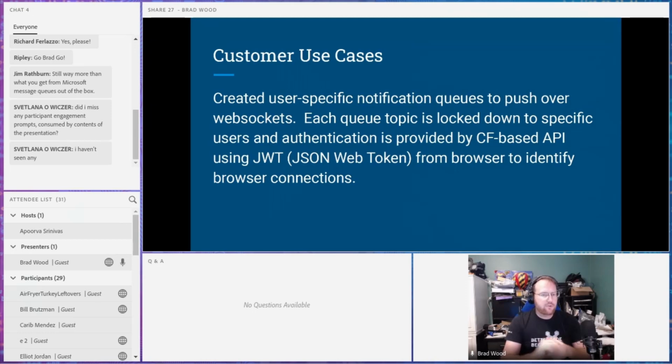We also used it to create user-specific notification queues, which we pushed over WebSockets. So each queue topic is locked down to a specific user. And again, our authentication was provided by a ColdFusion-based API that used the JWT for that user to identify the browser connections. This was basically kind of like the Facebook notification system, right? If you have Facebook open and someone sends you a DM or post on your wall, instantly the little red one or two pops up with a number of unread messages and just gets pushed directly out to